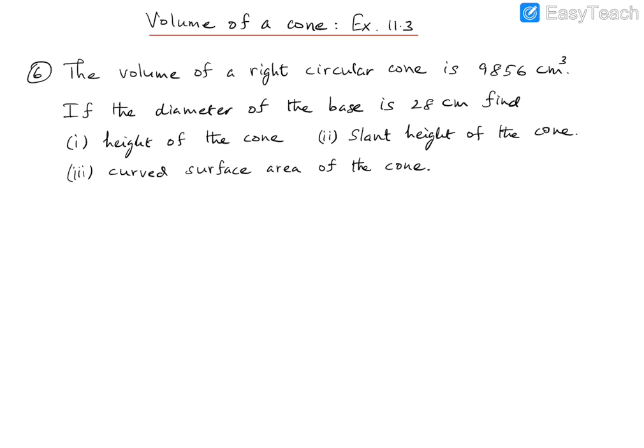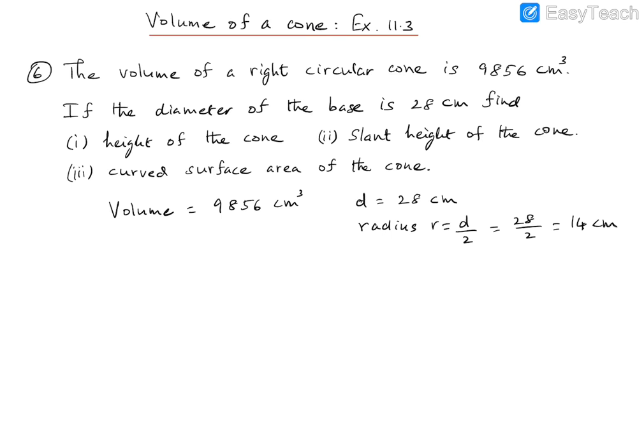Okay, so let's write down first of all what is given. Now we are given the volume. So volume equals 9856, that is 9856 centimeter cube. We are given the diameter of the base, so the diameter equals 28 centimeter, and from the diameter we can calculate the radius of the base. So radius r is half of the diameter, which is d over 2, so that's 28 over 2,